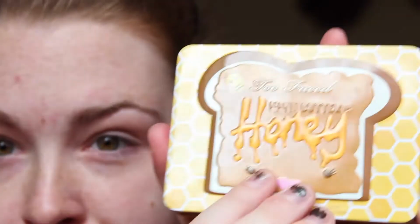To start off, we are just going to start with tried and true MAC Painterly Paint Pot, and I'm just going to spread that all over my lid space, working it up to my eyebrow and all the way down to my lash line. To set the primer, I'm going to go in with my Peanut Butter and Honey palette